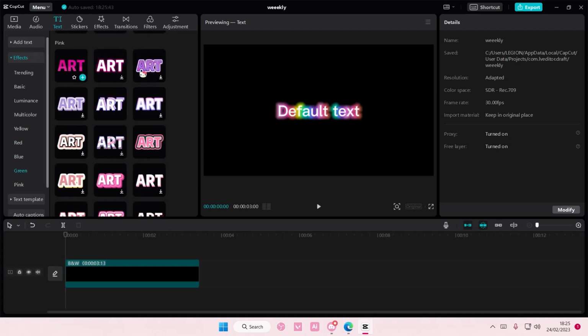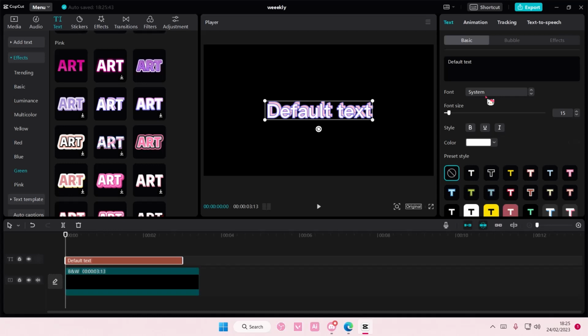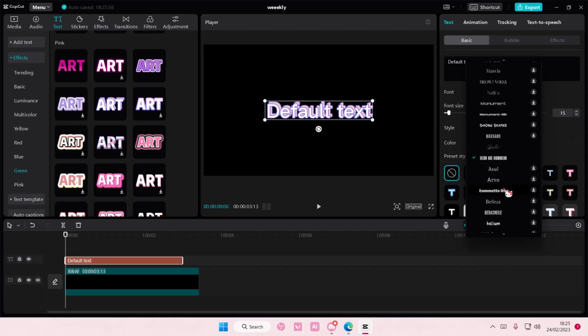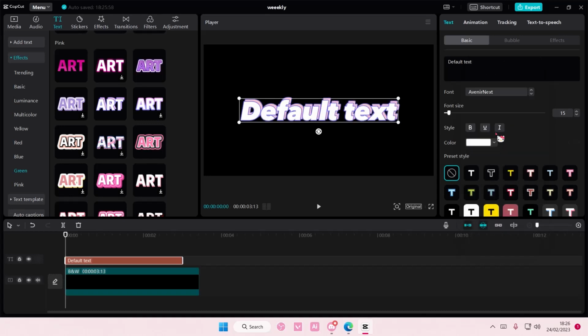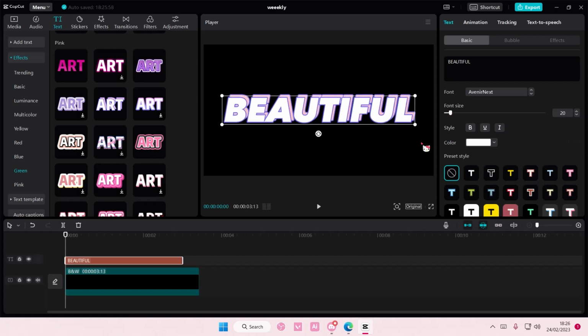So go to text effects here, by the way. I'm going to choose this one, and then I'm also going to go back to basic, and I'm going to change the font of it as well. Let's see which one do I want. I'm just going to choose this one, and I'm just going to type in beautiful, and adjust the font size a little bit,